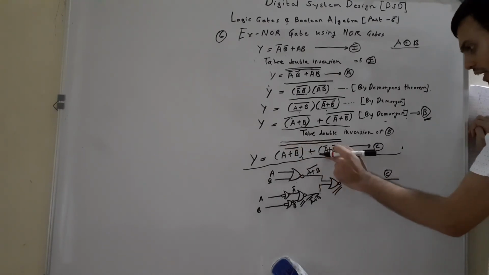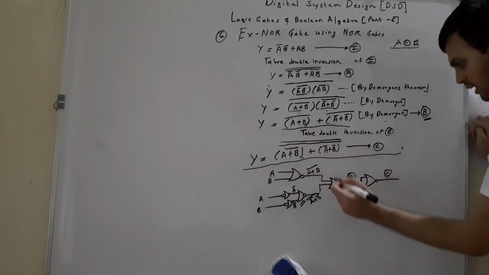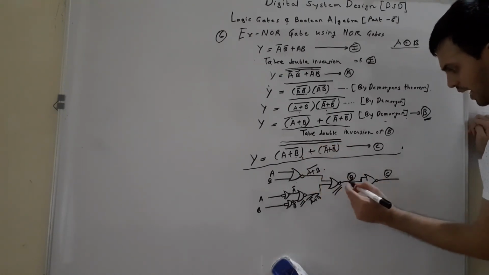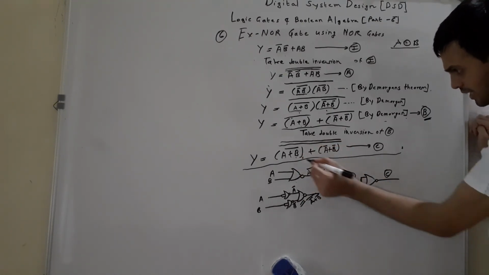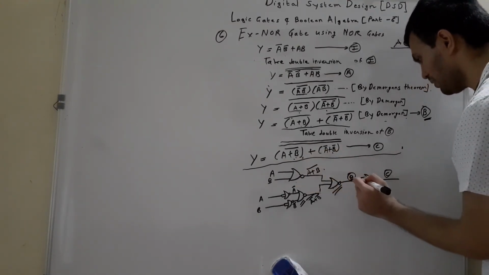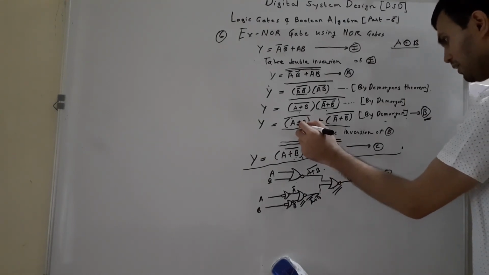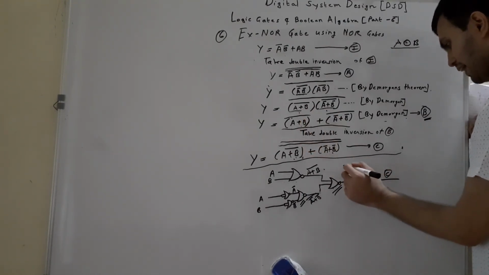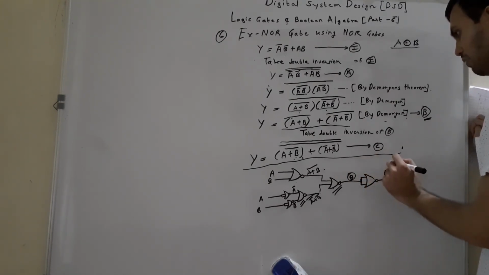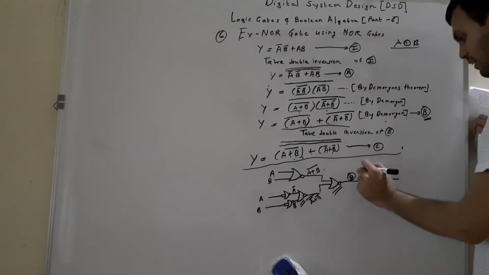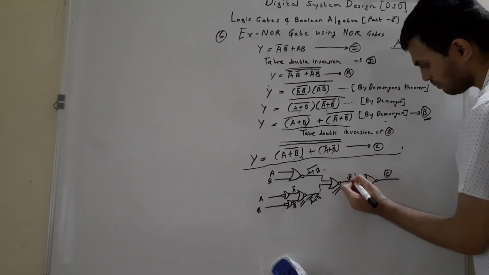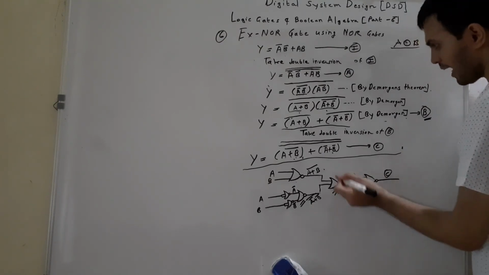So till now we have realized these two parts, till here, and when I apply these as inputs to this particular NOR gate, I get equation number B. So what is equation number B? A plus B the whole complement I get over here, multiplied by A complement plus B complement the whole complement, and the entire expression's complement. So when I pass these inputs to this particular NOR gate, I get this equation number B over here.